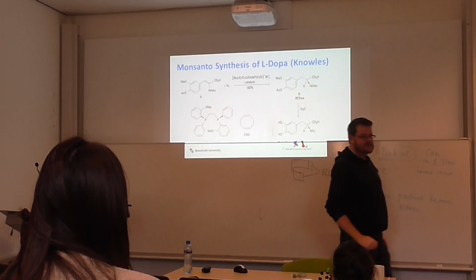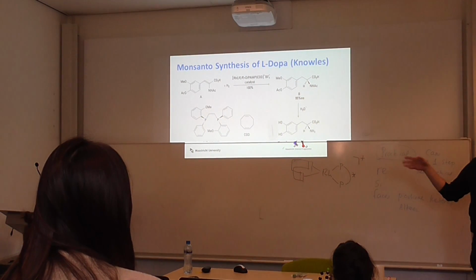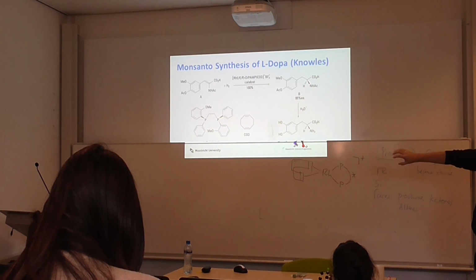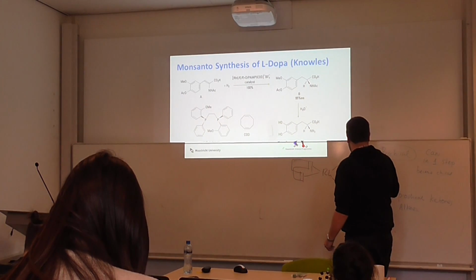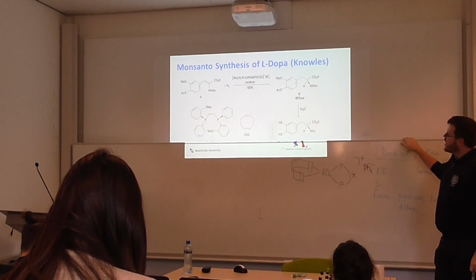Cyclooctadiene is a group that's used in synthetic inorganic chemistry. It's a great group because it's a good leaving group. It's a diolefin, and it coordinates, it roughly looks like that, to a metal. The counter ion is BF4. It doesn't really play a role. You can use whatever you like. But if you take this guy and you do